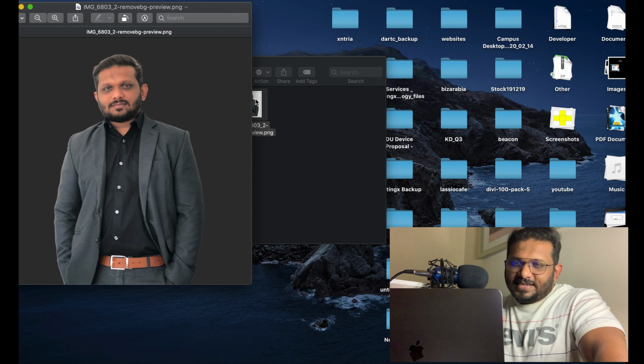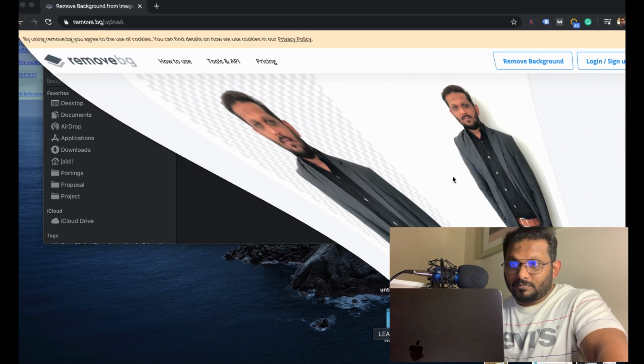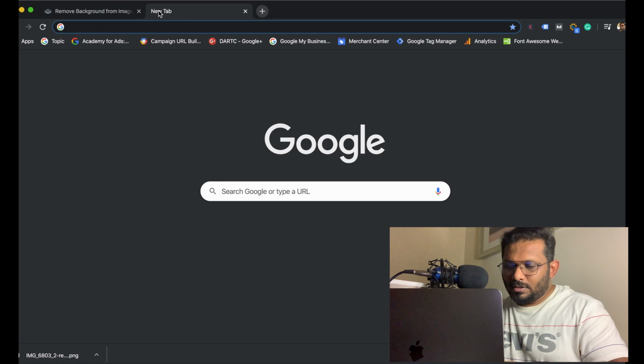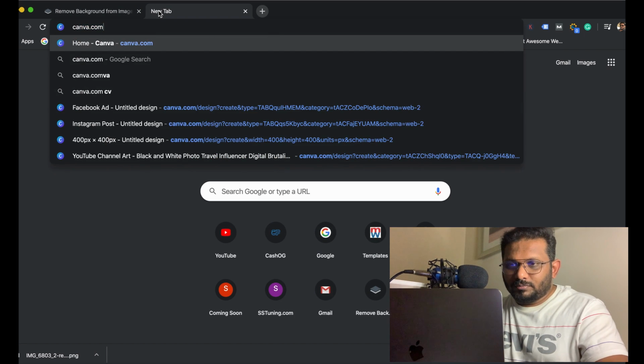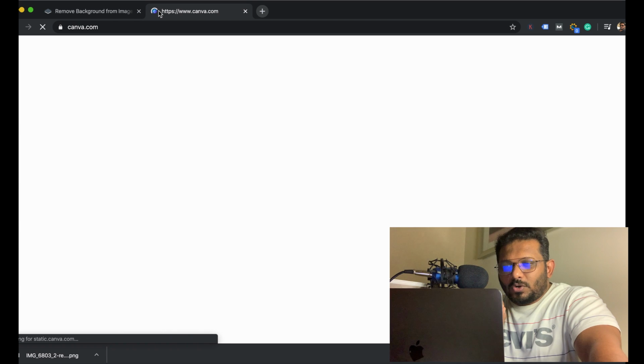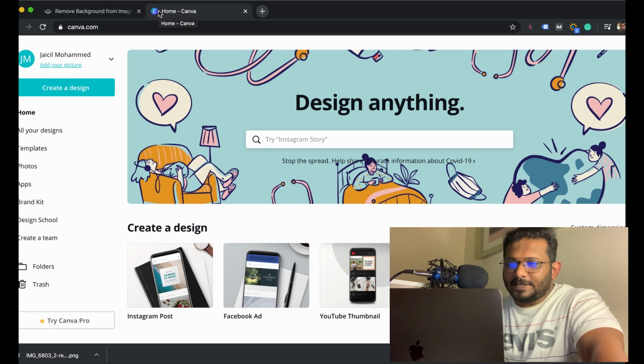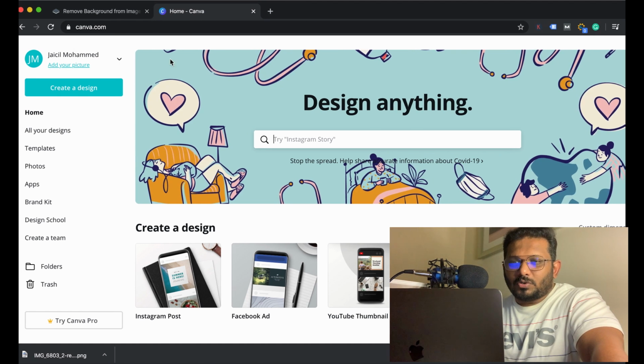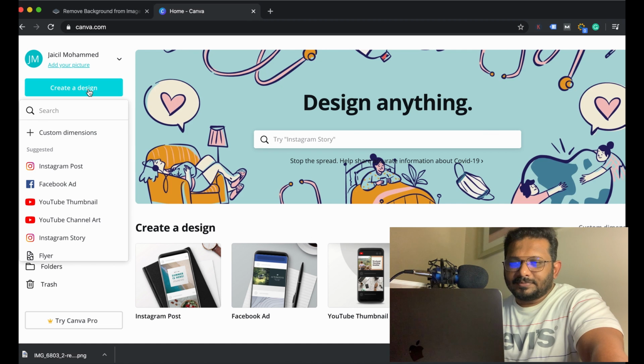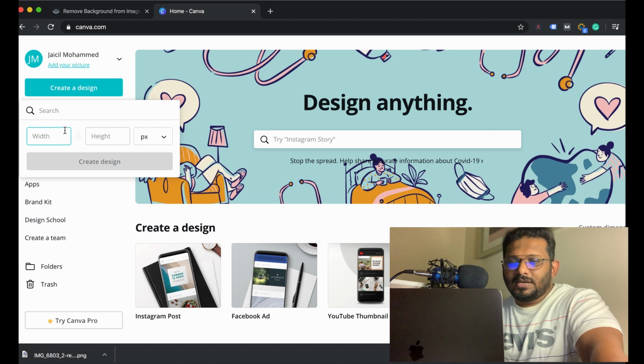Now how do we make it a circle format? For that there is another free tool called canva.com. In canva.com you can log in and create a free account using your Gmail ID or Facebook ID. In Canva, we have to go to create a design, custom dimension.